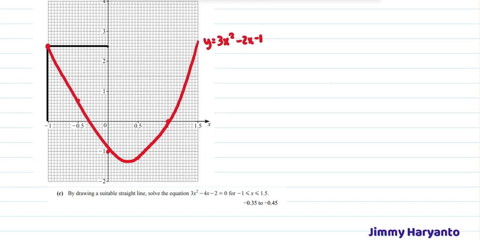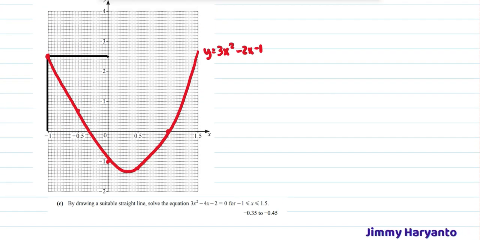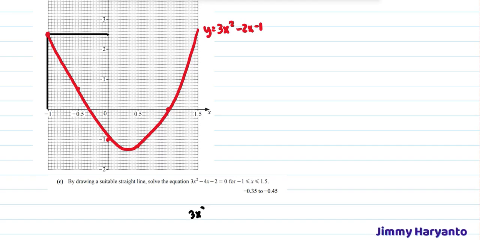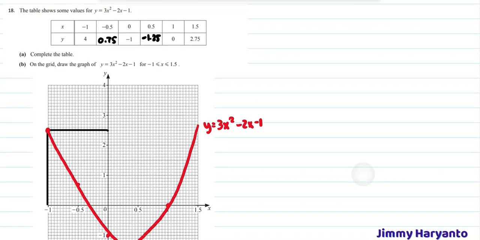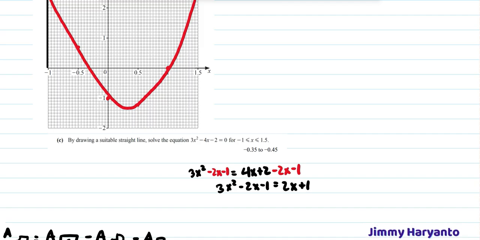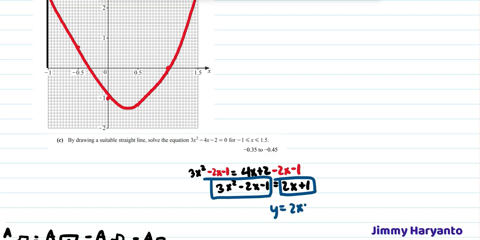And the next is by drawing the suitable tangents of the equation. Okay, we already learned this before in this practice test. Also, there are a lot of questions like this. That means we have to separate them like this first. So we have 3x squared minus 2x minus 1. So we need negative 2x minus 1 from that side also. So 3x squared minus 2x minus 1 equals 2x plus 1. You already drew this one, but you haven't drawn this, so you have to draw this one, equals 2x plus 1.